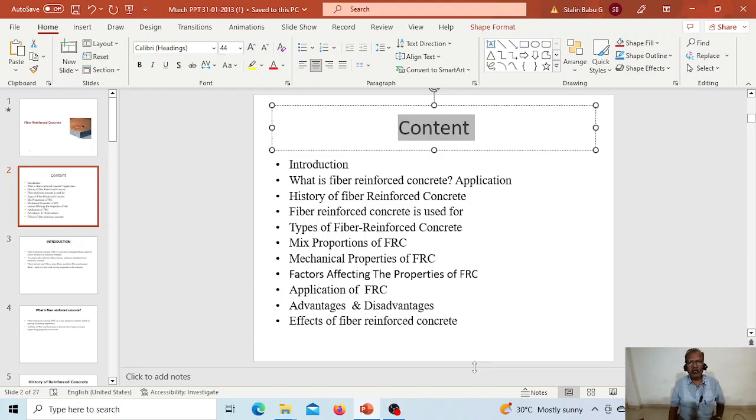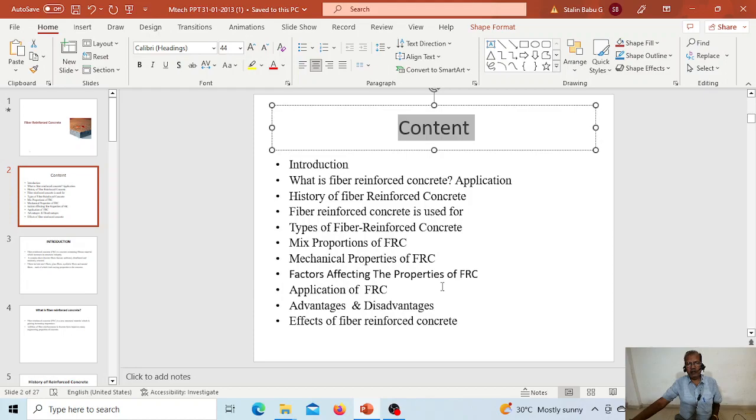Good afternoon to all of you. Today's topic is fiber reinforced concrete. It is very important. It avoids cracks, and its strength is more than conventional concrete. The contents are introduction, what is fiber reinforced concrete, history of fiber concrete,